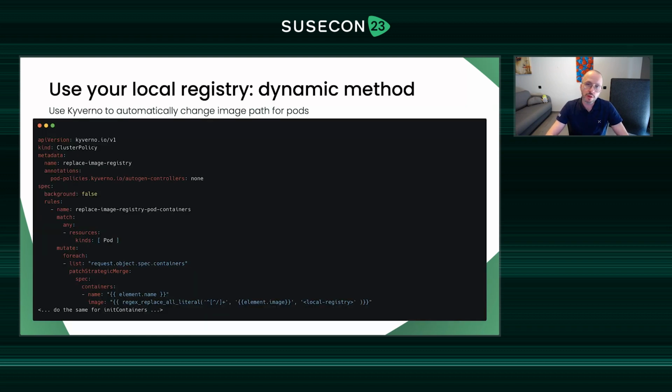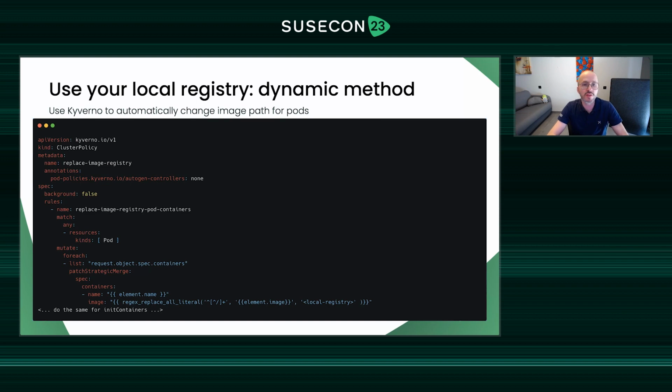The second method: we can replicate the method we used for the proxy configuration inside the limited network access method. If you remember, we used Kyverno to create a policy to make some modifications on the fly when you are deploying YAML files inside your Kubernetes cluster.